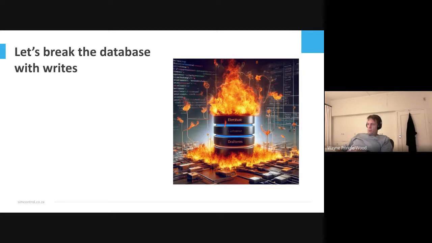So we rolled out some batch writing, and the first time we rolled it out, after testing it and all that sort of stuff, we hit production, and it basically blew up. Everything blew up in production. The batch writes were slower than the individual writes, and we were sitting there, the team, going, well, what the hell's just gone on?